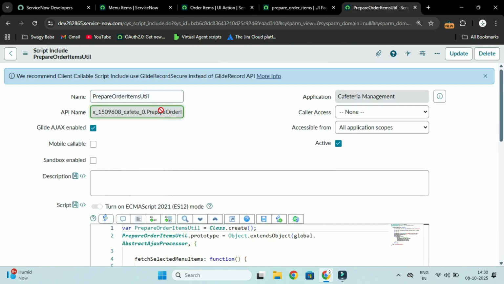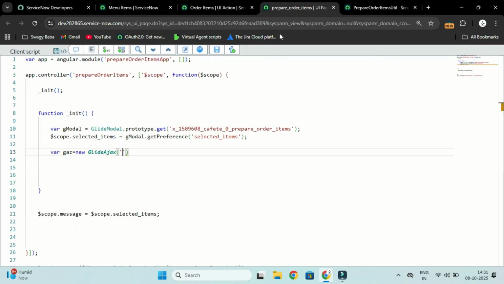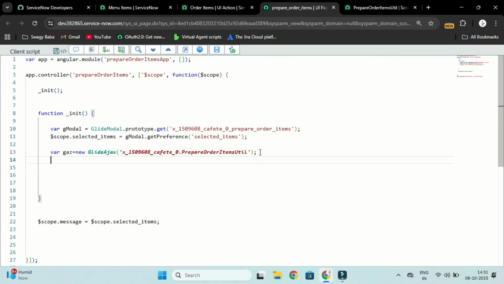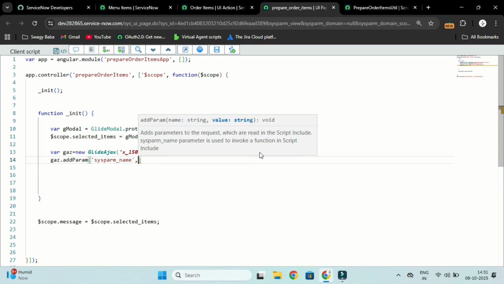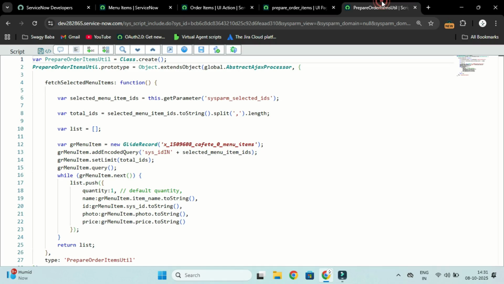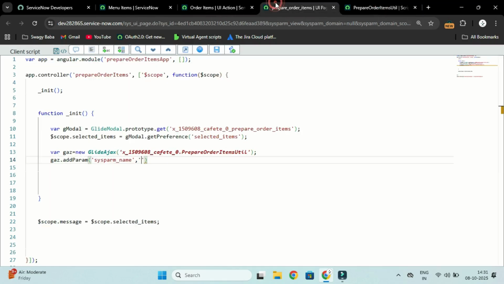We copy the API name. And then to tell which function we have to call through the GlideAjax API, we have to use this sysparm_name parameter,